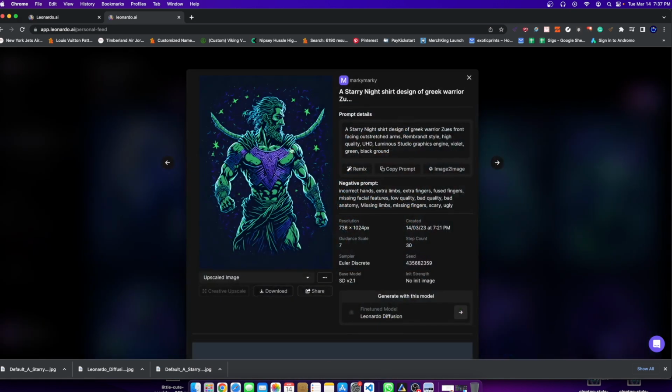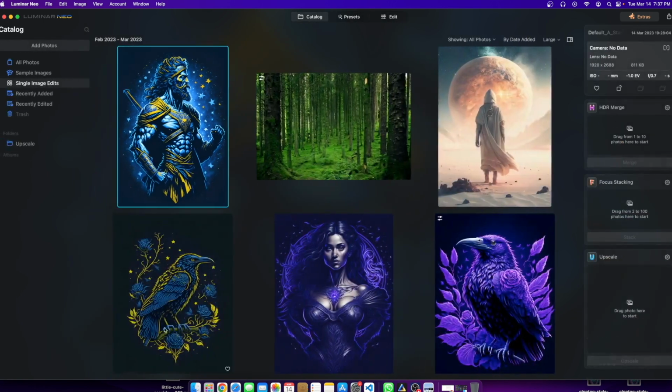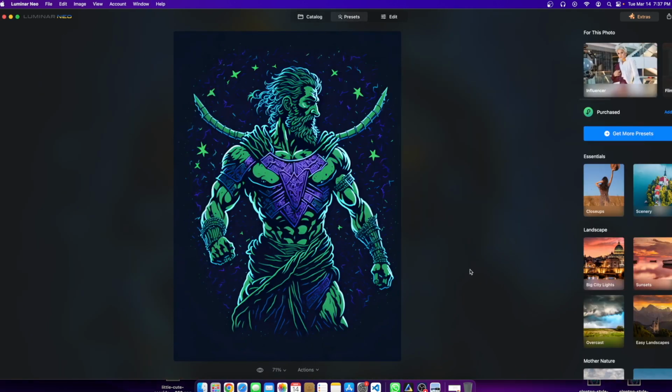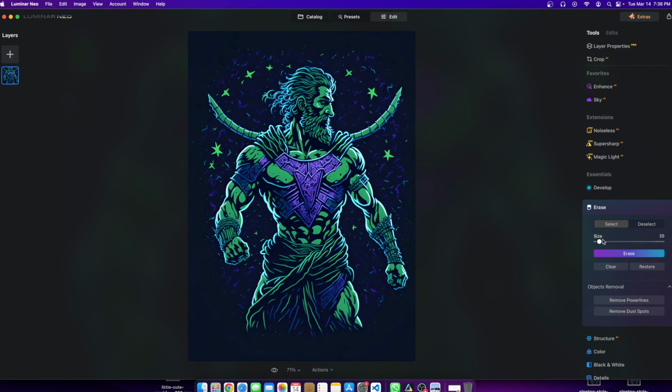Yeah, let's go to this one. Let's create something on this. So I'll go over here to my catalog and drag and drop the image here. Where is it? This one. Okay, add the image. And then what I'm going to do is click edit. Okay, and then I'm going to go to my erase. And then I'm just going to drag this size section here and literally highlight over this weird green looking thing,